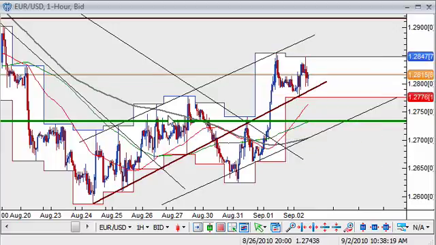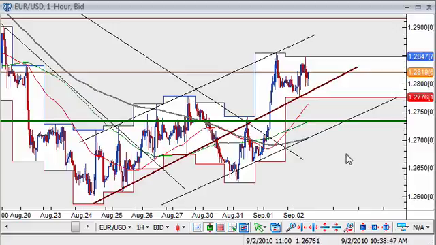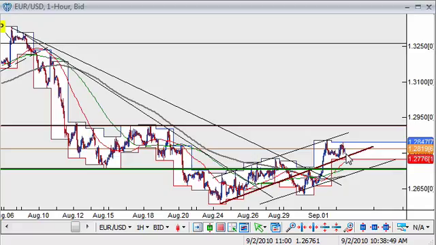As we can see, we moved back within the upward sloping channel we had seen in last week's trading before we broke the support of that upward channel in this week's trading, so we could set up another parallel trend line, a new level of support. If we continue to head to the upside, the next level, as I mentioned several times in our past few videos, will be the 1.2920 area, our resistance level during the sideways channel we had seen in the middle of